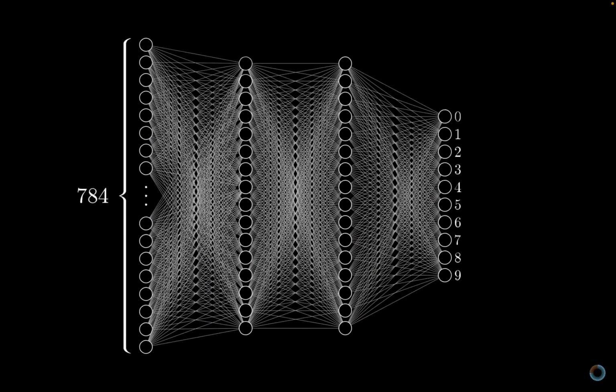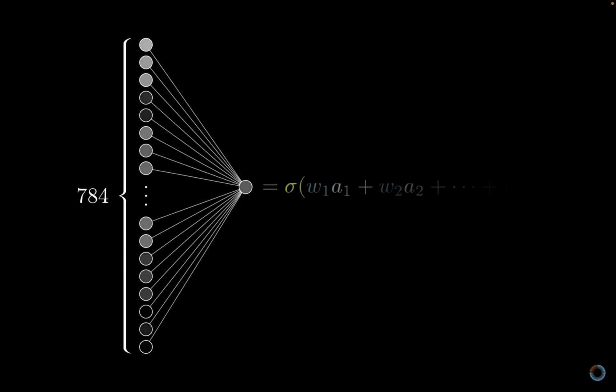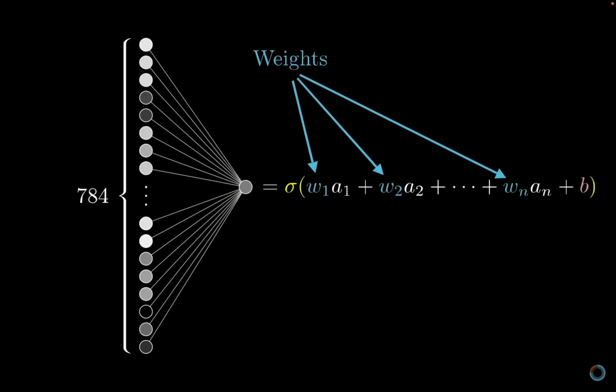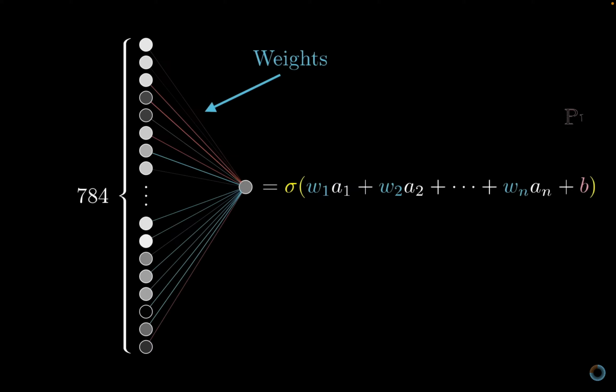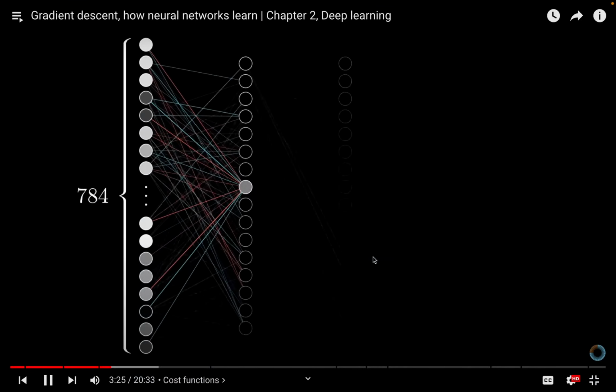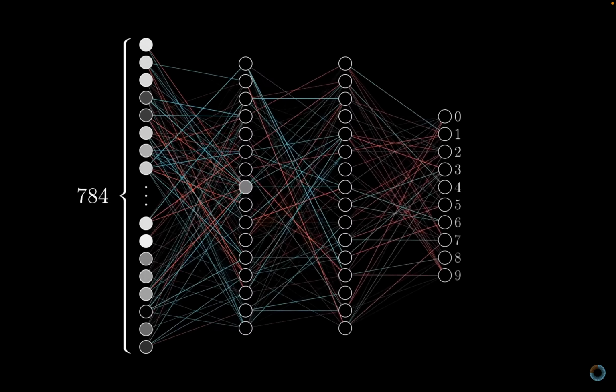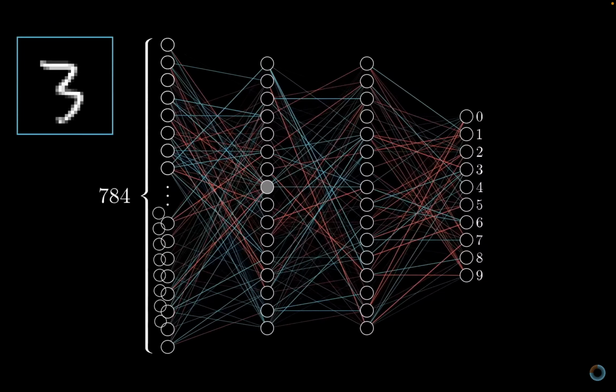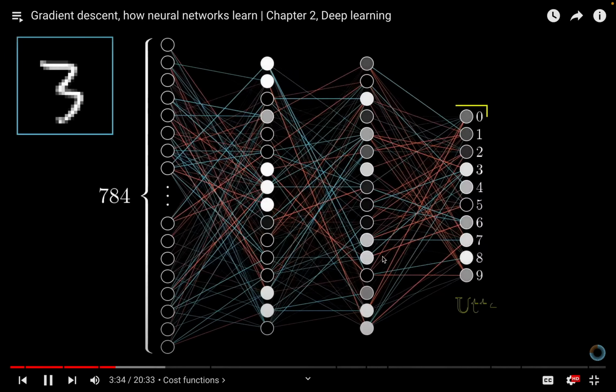Remember, conceptually, we're thinking of each neuron as being connected to all of the neurons in the previous layer, and the weights in the weighted sum defining its activation are kind of like the strength of those connections. And the bias is some indication of whether that neuron tends to be active or inactive. And to start things off, we're just going to initialize all of those weights and biases totally randomly. Needless to say, this network is going to perform pretty horribly on a given training example, since it's just doing something random. For example, you feed in this image of a 3, and the output layer, it just looks like